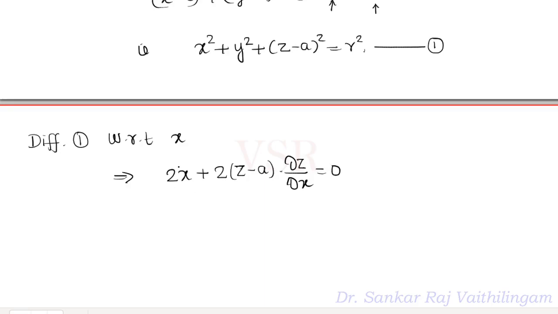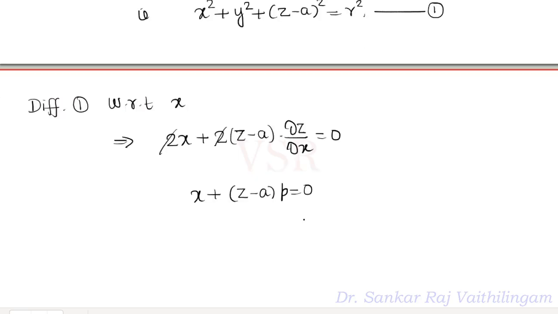That is, the 2 எல்லாம் cancel பண்ணிடலாம். அப்போ என்ன கிடைக்கும் அப்படின்னா x plus z minus a times p which is equal to 0. இப்போ இதை differentiate with respect to... So இப்போ differentiate 1 with respect to